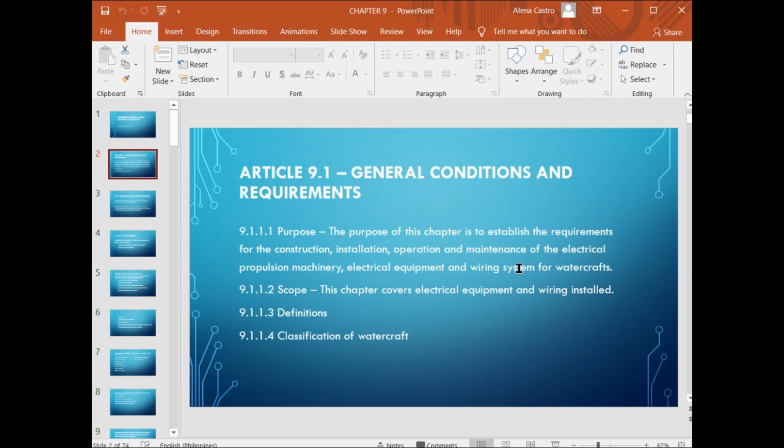Next, 9.1.1.2, Scope. This chapter covers electrical equipment and wiring installed. The next one is 9.1.1.3, Definitions. Under definitions are the dangerous space, grounded system, grounding plate, steering gear, steering gear auxiliary, steering gear main, and steering gear control system remote. And the last one is